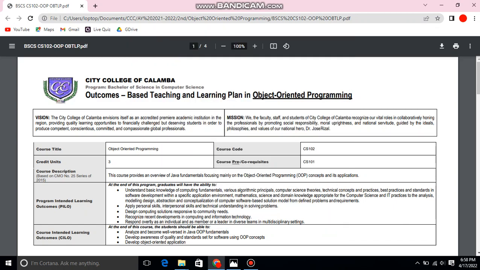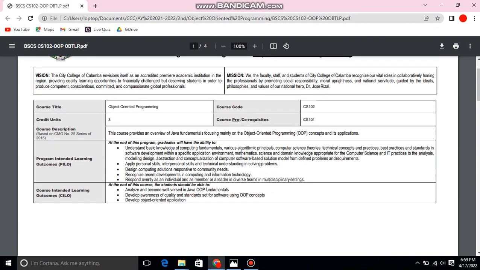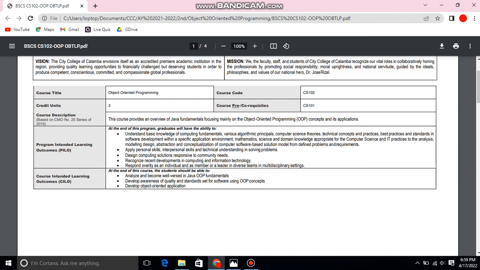All right. So on this part of our discussion, we are going to talk about the outcomes-based teaching and learning plan for object-oriented programming. Now, object-oriented programming, at the end of this program, the graduates will have the ability to understand basic knowledge of